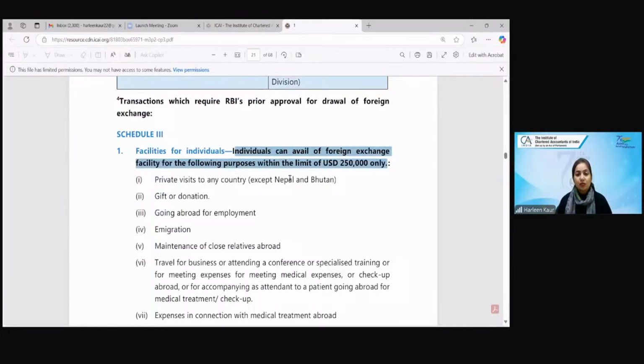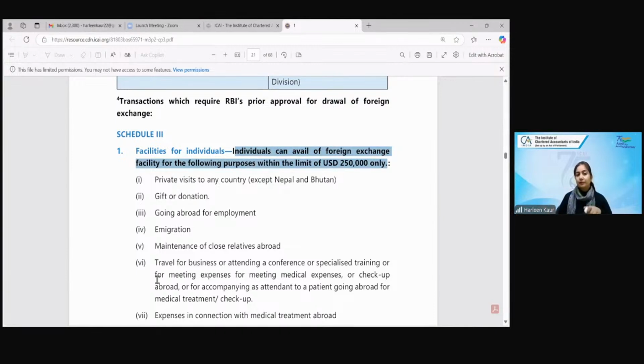So there is a liberalization scheme which tells you that up to 2,50,000 USD, which is roughly, in Indian currency terms, 2 crore rupees. So if you're just taking 2 crore rupees outside India, then it is allowed. But for more than 2,50,000 USD, if you want to take it outside India, the approval of RBI is required. Is it required for a single transaction? Do you have to see 2,50,000 or all the transactions taken together?